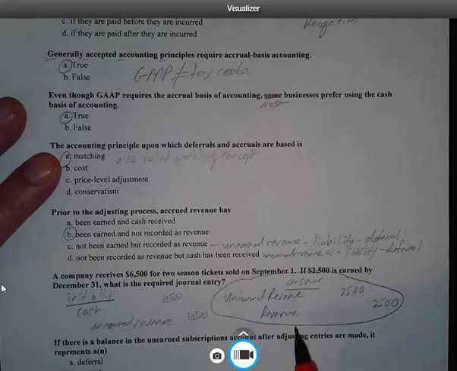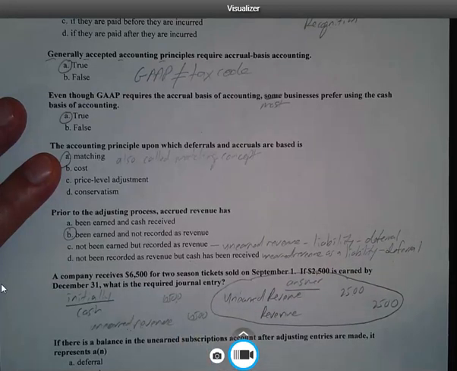So if we were to look, the cash, we already had the cash, okay? So now if we were to look at our financial statements, we would see a $2,500 addition to regular revenue over on the income statement. And then if we were to look at our balance sheet under unearned revenue, instead of showing a $6,500 liability, it would now show how much? $4,000. That's the $6,500 minus the $2,500 that we have debited off of that liability. Because remember, all liabilities have a normal credit balance. So by debiting it here, we lower the liability.